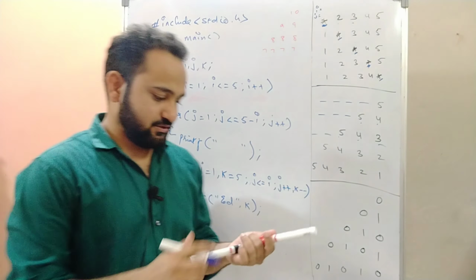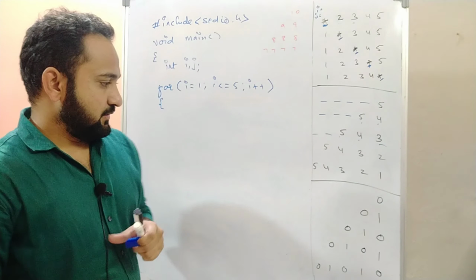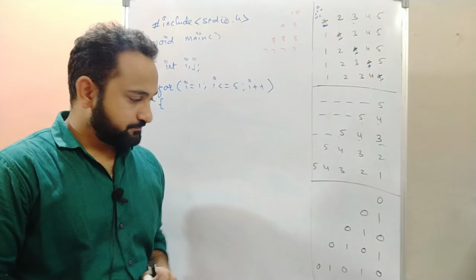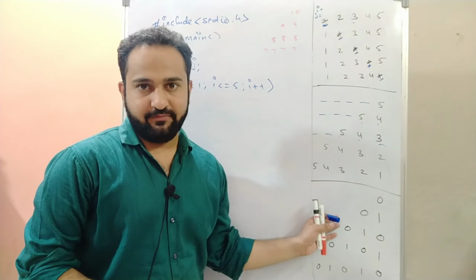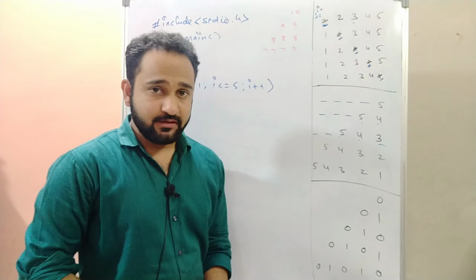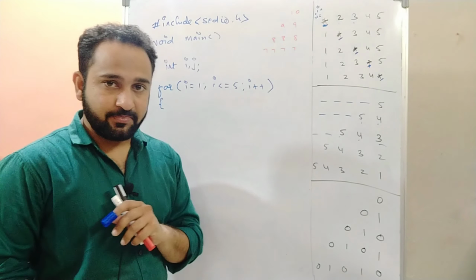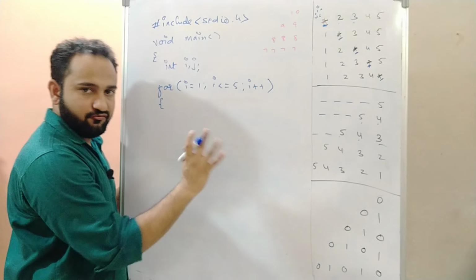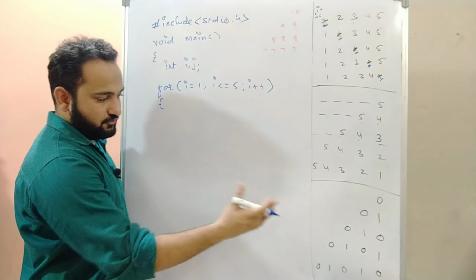I hope you got the complete code for this pattern. Now moving to the last one. Let's talk about the last one. See the pattern. First talk about the alignment. Alignment is, of course, a mirror image. So we'll be having for loops, right? Outer for loop, inner for loop, we'll be having 2 inner for loops, one for space, one for printing.